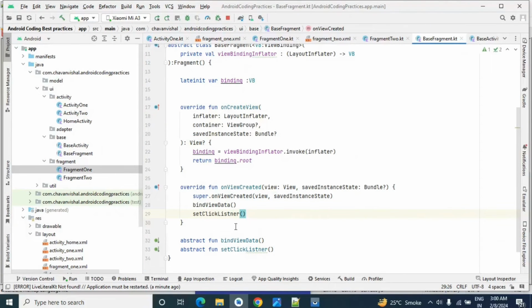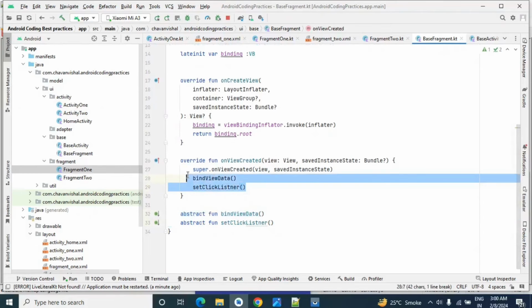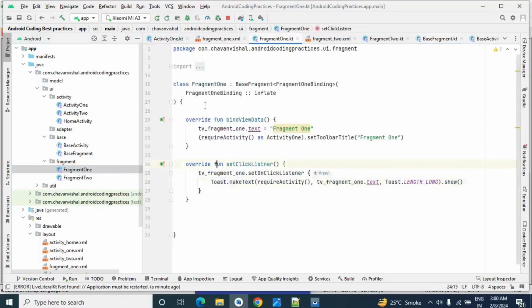Okay, so I have added two methods over here. We have provided these two methods as abstract, we have implemented them in our respective fragments, and we have set the data over here and added the click listener over here.